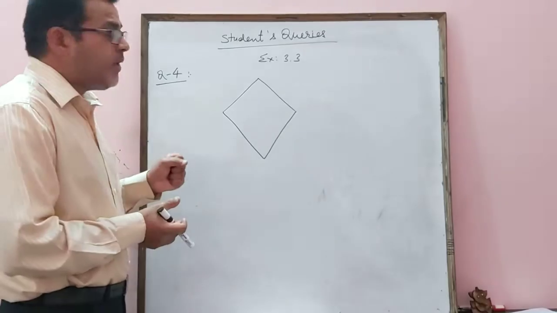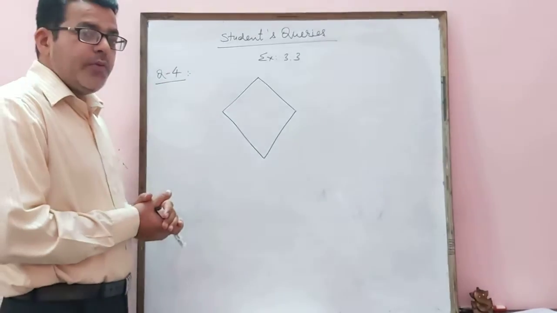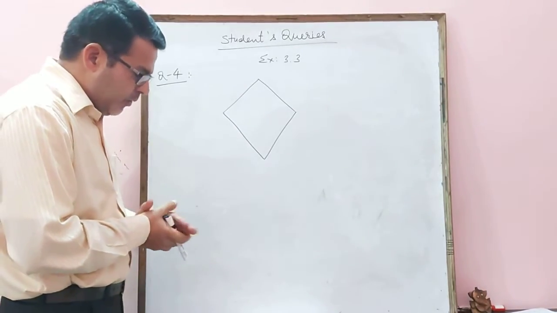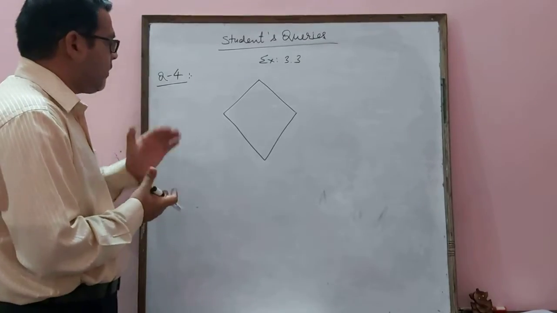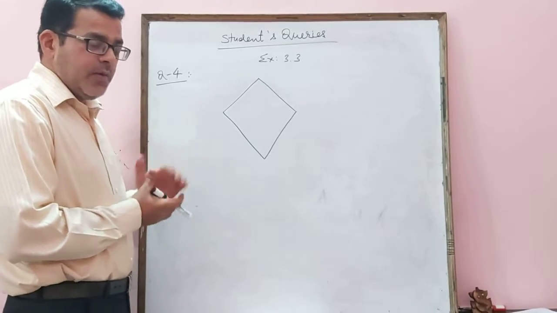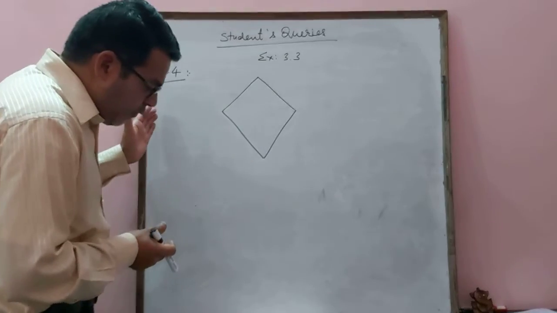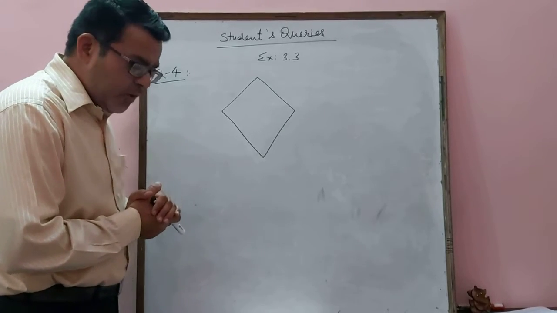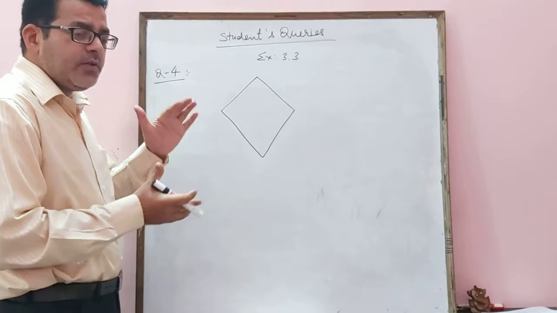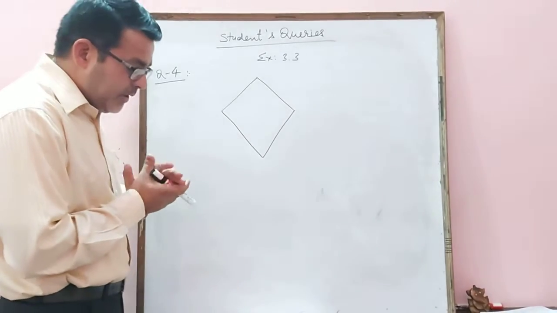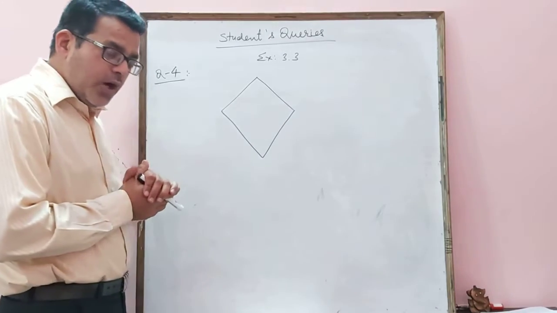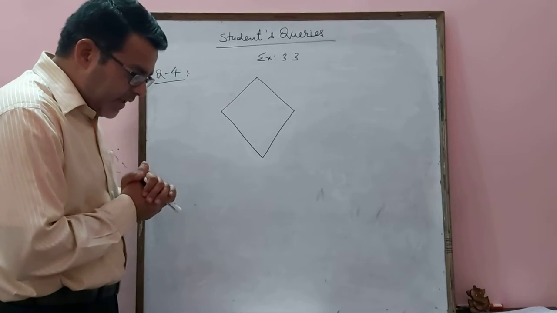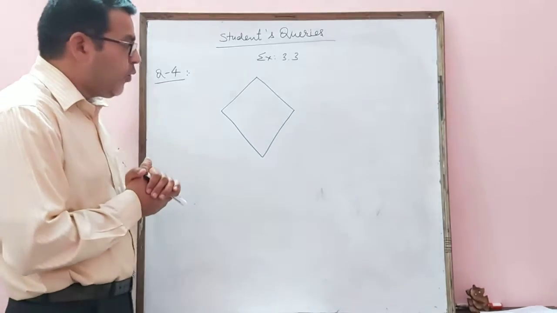In today's class we will take some queries of you guys. Two students commented that they are facing problem in exercise 3.3 question number 4 that we discussed in our previous lesson. The question was, draw a rough figure of a quadrilateral that is not a parallelogram. Parallelogram is whose opposite sides are parallel. But now you have to draw a rough sketch that is not a parallelogram but has exactly two opposite angles of equal measures.